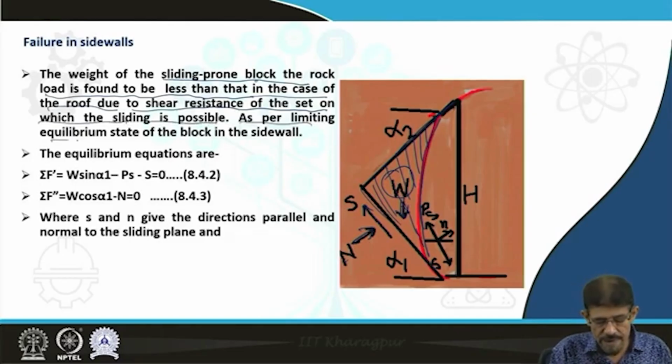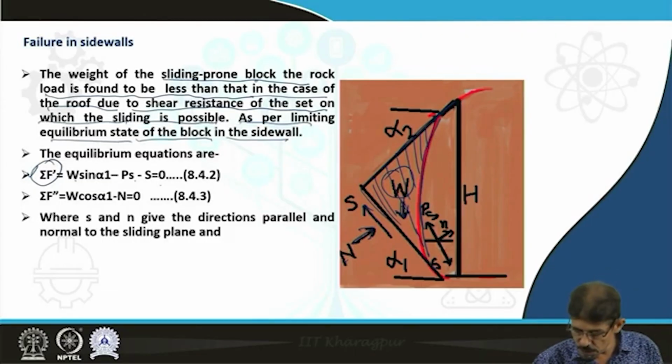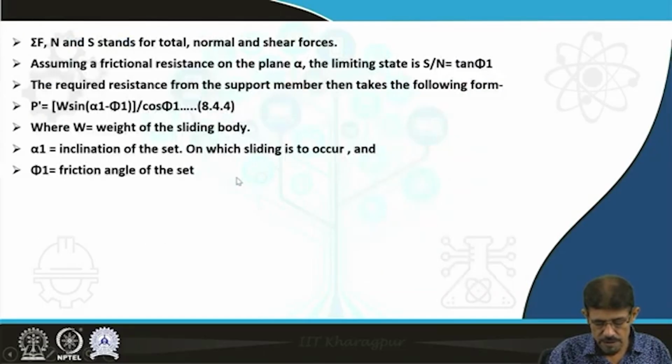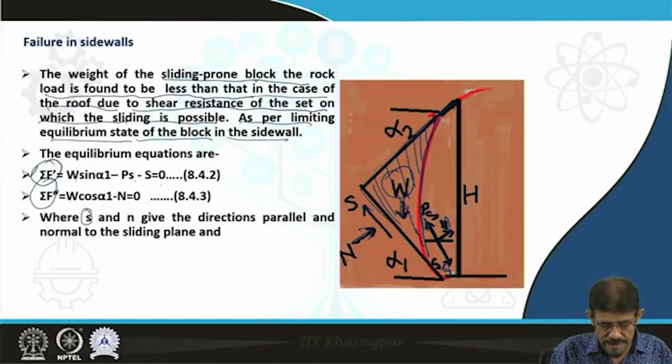As per limiting equilibrium state of blocks in the side walls, we can calculate the force F dash. Summation of all F dash is W sin alpha 1 minus PS minus S is equal to 0, where PS is this force and S is this force. This is the N component, and summation of F double dash is equal to W cos alpha 1 minus normal stress is equal to 0, where S and N give the direction parallel and normal to